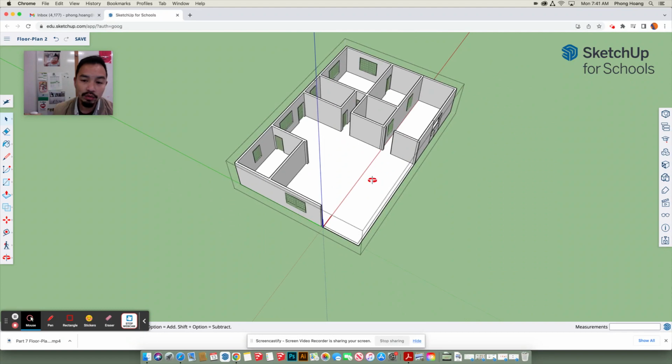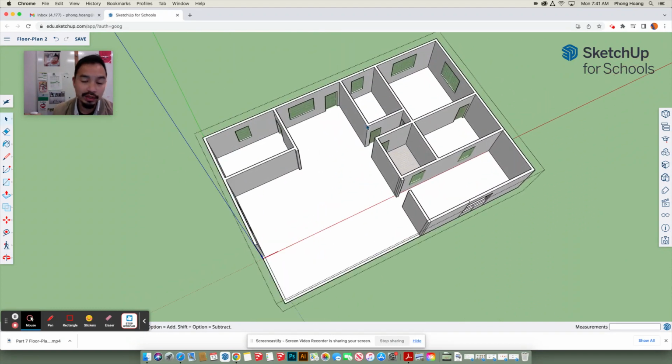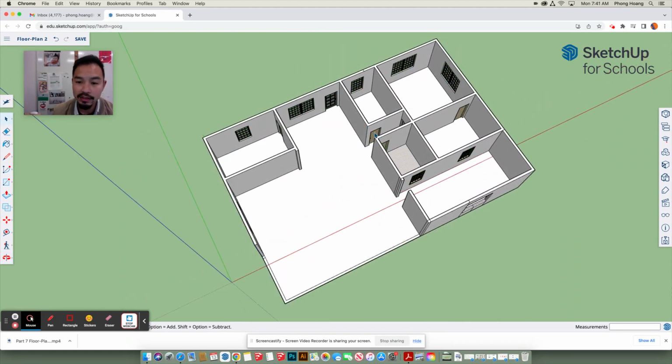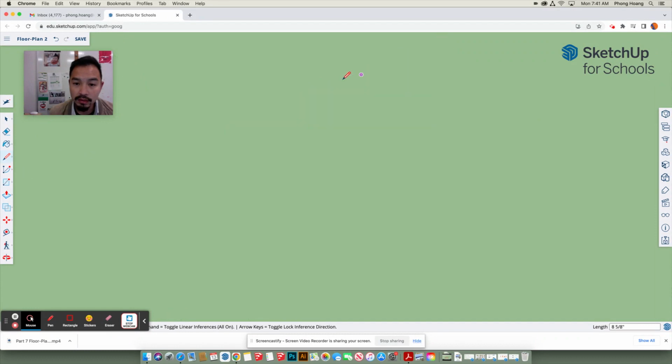For example, if you want to renovate the house and say you want to get rid of some room, you can literally do the same thing. Go on the outside. Let's say I want to get rid of this room. I can delete this wall by connecting this back on this corner. So for example, if I want to expand